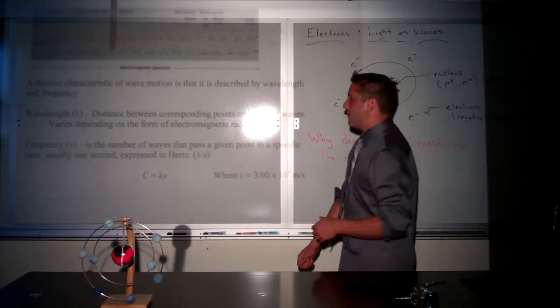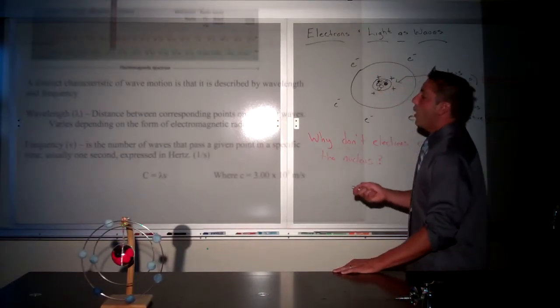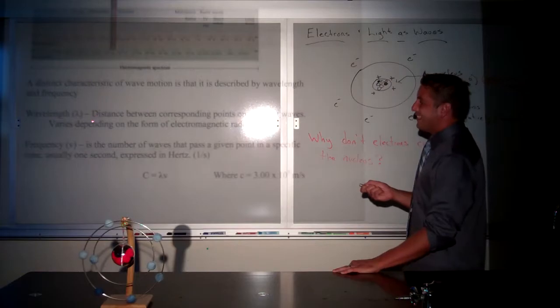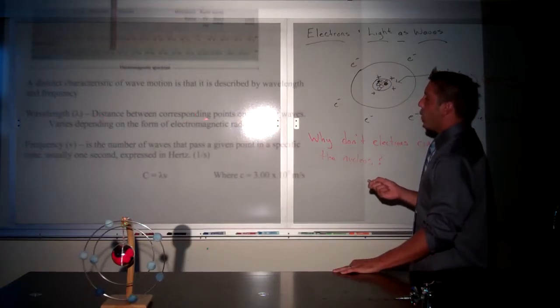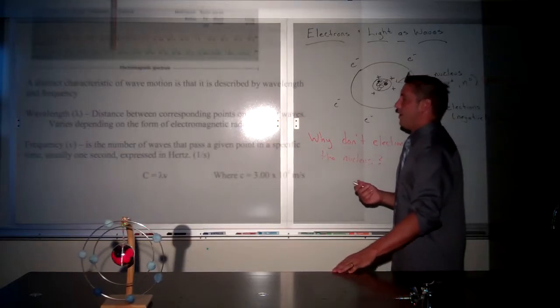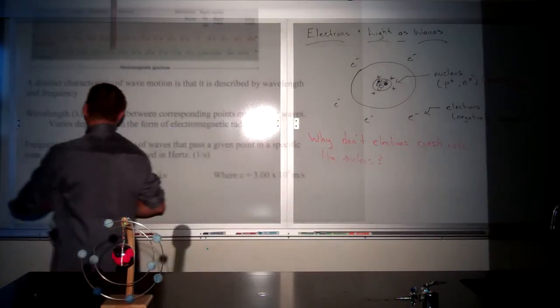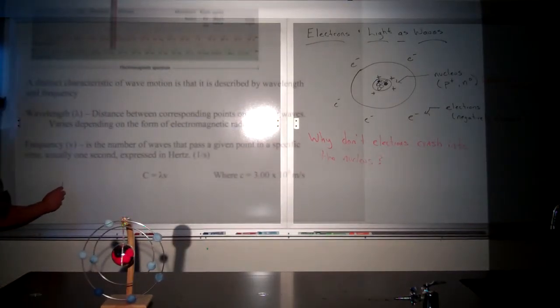Again, throwing a few definitions at you, like wavelength and frequency are two very different things. Wavelength refers to the distance between corresponding points on adjacent waves. It varies depending on the form of electromagnetic radiation. So if we were to look at a wave,